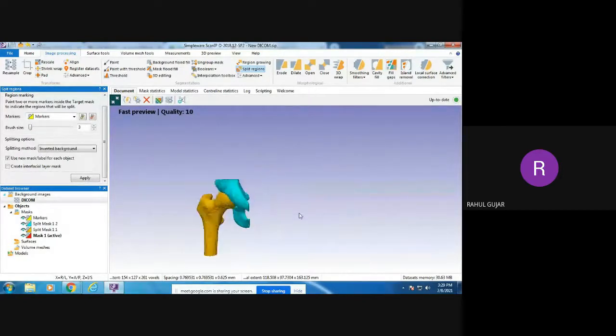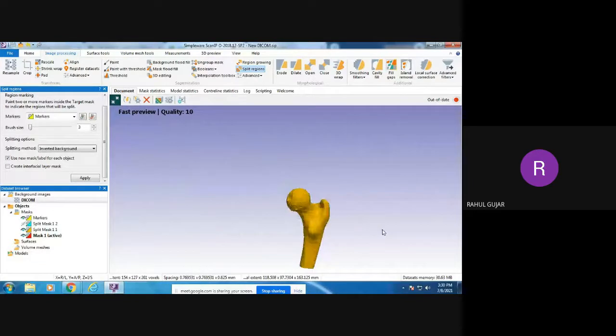See that. Then we can easily remove this acetabulum part. Just click on the part you don't want or want to eliminate. So here in the dataset browser, you click on this or switch off this part, then you will get this image.